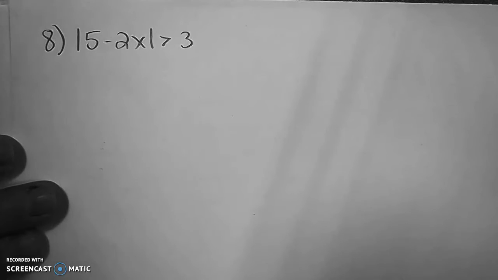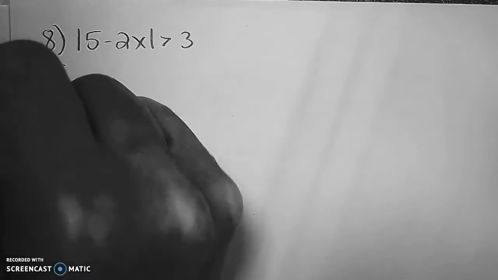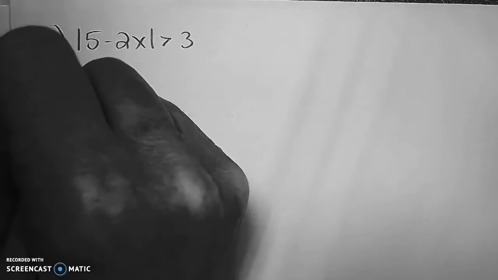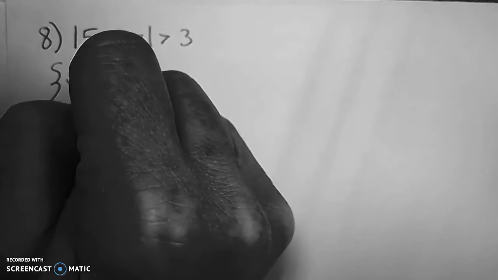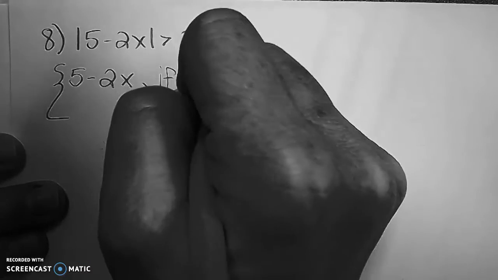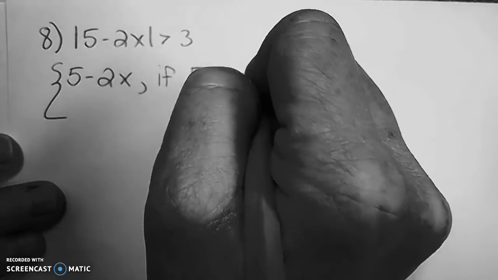Good morning. We're looking at homework 4.7, and several of you asked about number 8, so let's take a look at number 8. As I look at number 8, the absolute value is already isolated, and so I'm going to write the piecewise for the absolute value. My first equation will be 5 minus 2x, and that will be if 5 minus 2x is greater than or